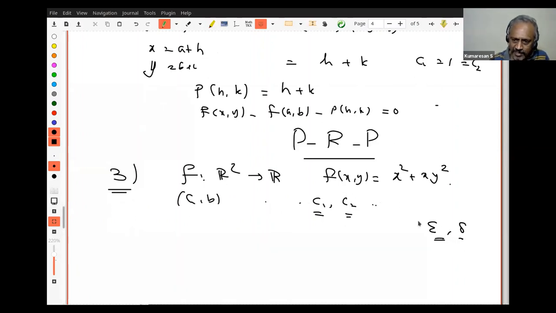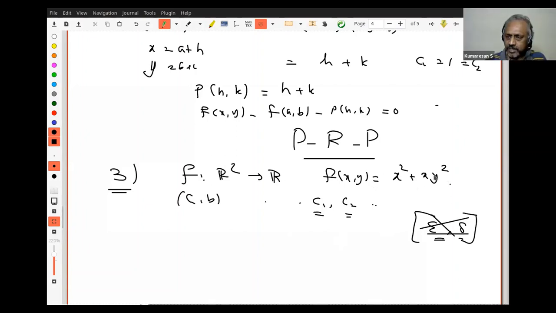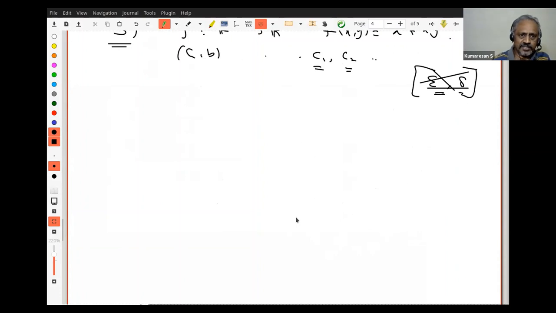I don't want you to prove that. It is easy, but I don't want you to spend time on that because many of you may still be afraid of that kind of thing. So don't worry. But try to create, try to discover. It is differentiable. You know how to find C1, C2. What do you have to do? Write x equal to a plus h, y equal to b plus k, and then substitute this and simplify. Look at only the first degree terms in h and k. Then you would have found out. That's very easy. It's pure algebra, 8th standard algebra. Please do that. This is homework, not for breakout room.